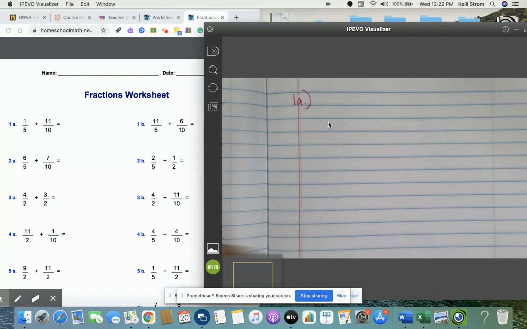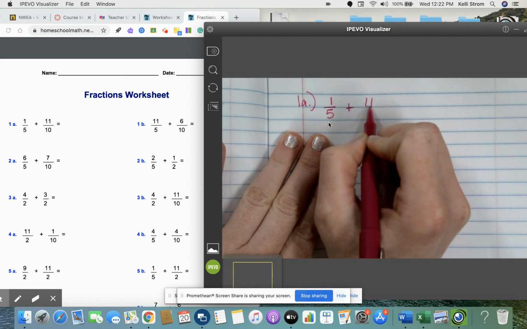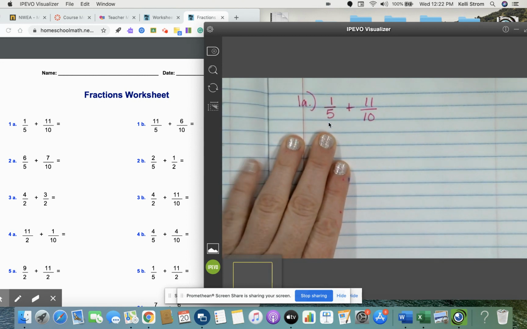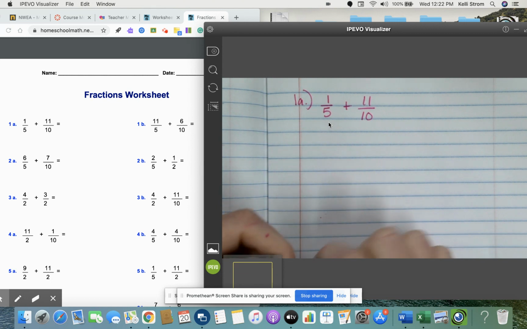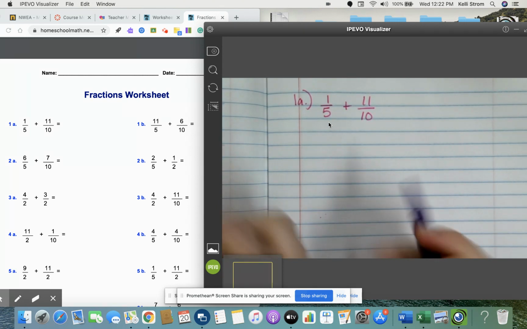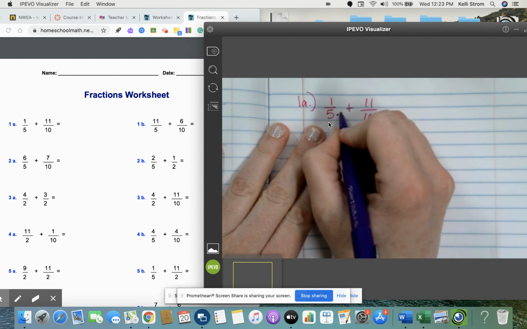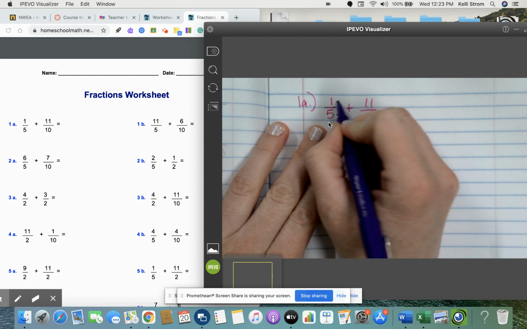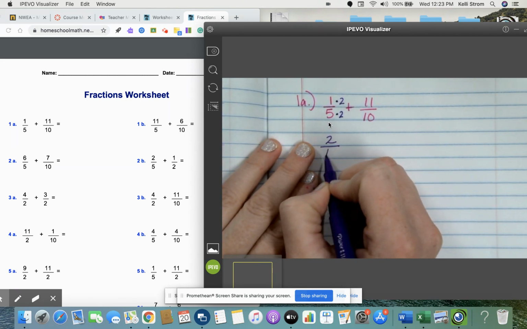All right. So I have 1/5 plus 11/10. My denominators are still different, right? Now I would look at it as what? Can 10 go into 5 or 5 go into 10? Yeah, 5 times what? 2. But whatever I do to one part of my fraction, I have to do to the other part, right? So that becomes 2/10